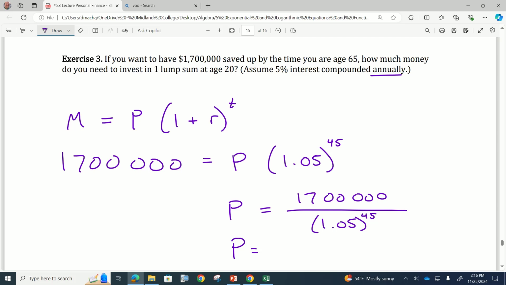You said 189? Okay, so if only I were a 20-year-old with $189,200, because then I could put it in an investment,